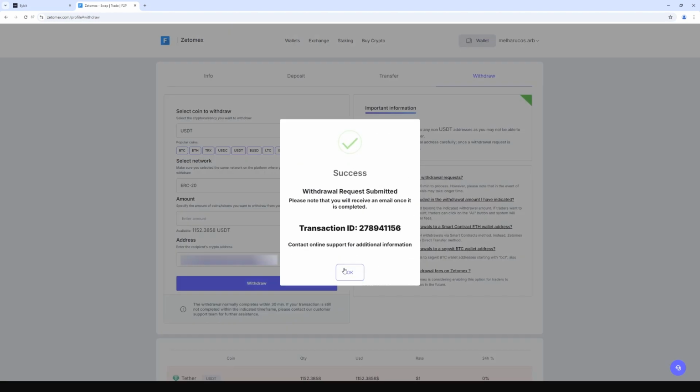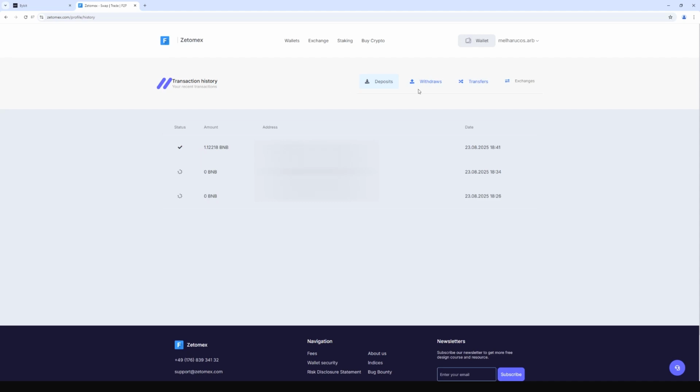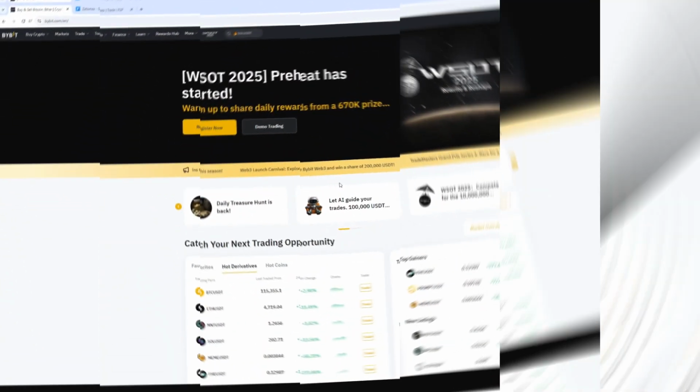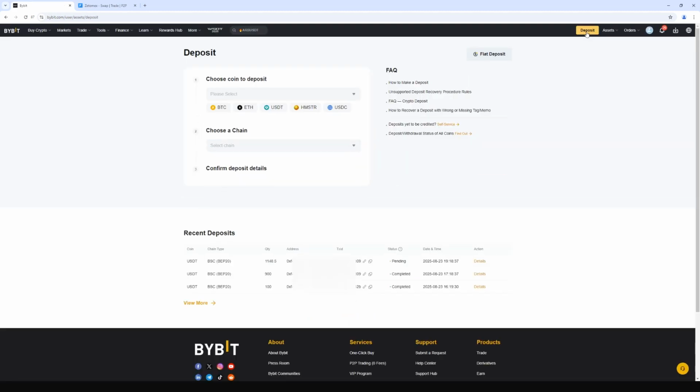The funds are sent to the Bybit. Let's go to the transaction history and withdrawal history. As you can see, the funds have been sent. Now, let's go back to Bybit. And now, go to the transaction history section. The funds were successfully credited to our balance, and at the same time, the net profit was $150, which is